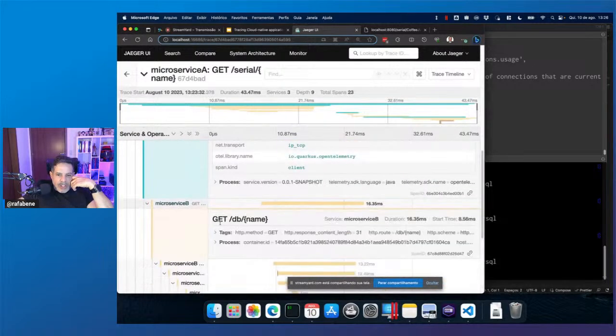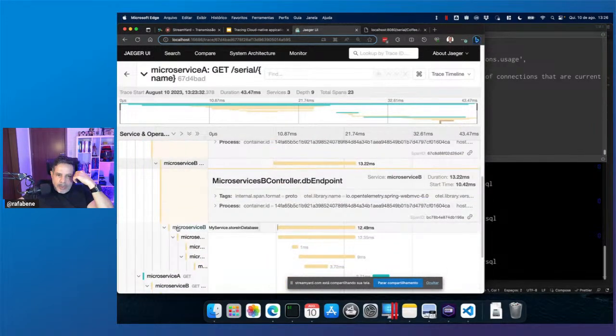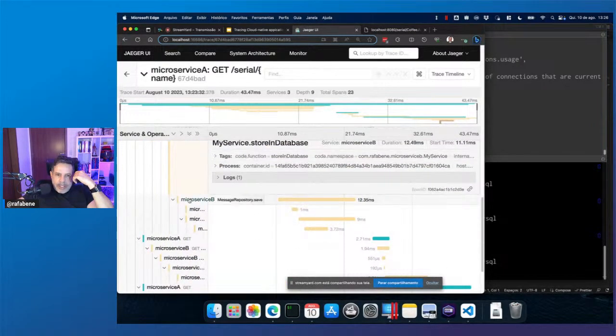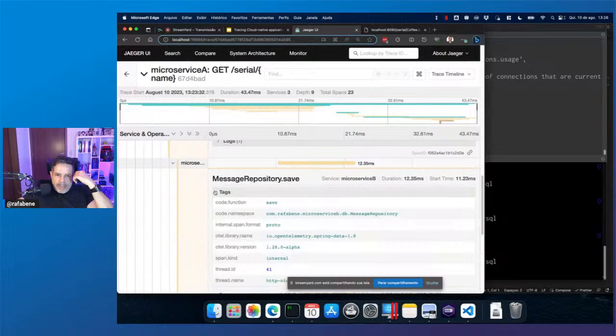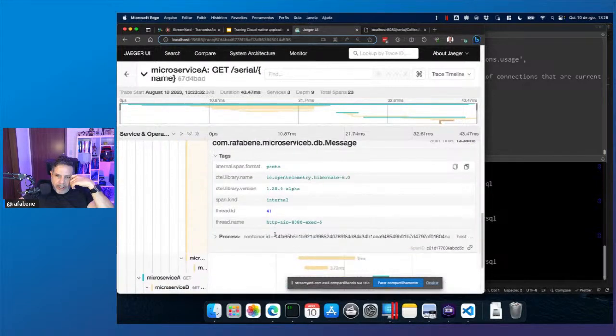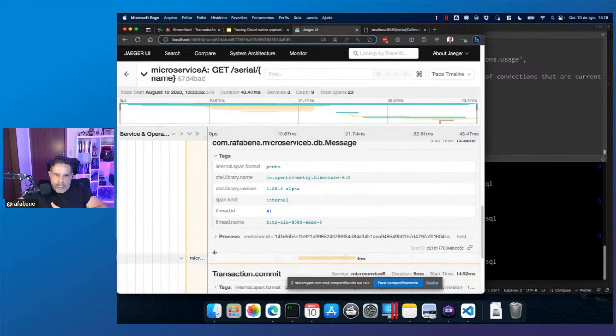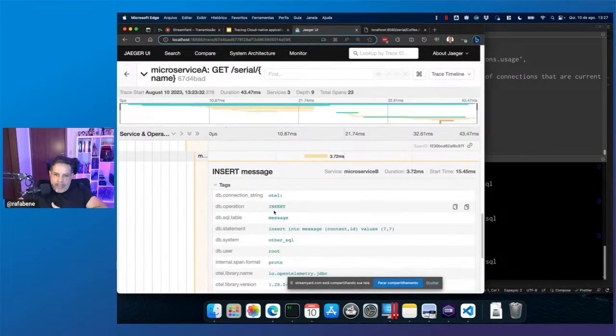So we have microservice B receiving the request, and we can go here, DB endpoint, storing the database method, and we can go until saving my data to the database. So we have here the OpenTelemetry library, Hibernate, and we can see even the insert message to the database. So we have the operation here, insert into message content and ID, the values